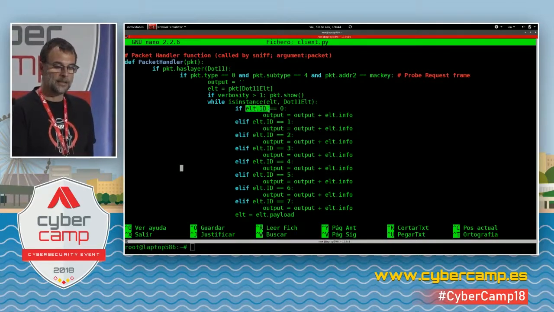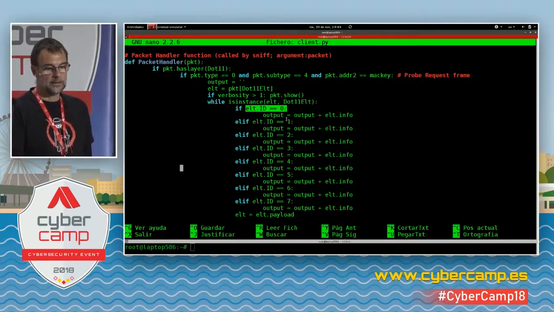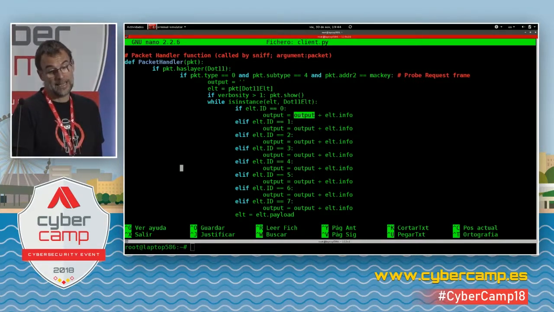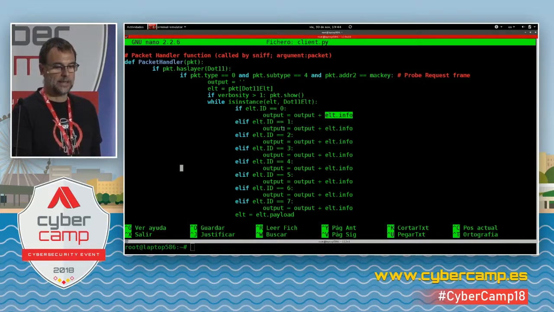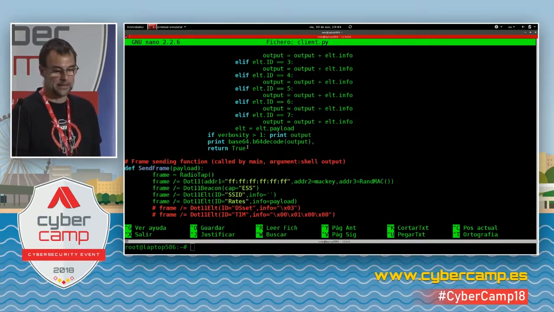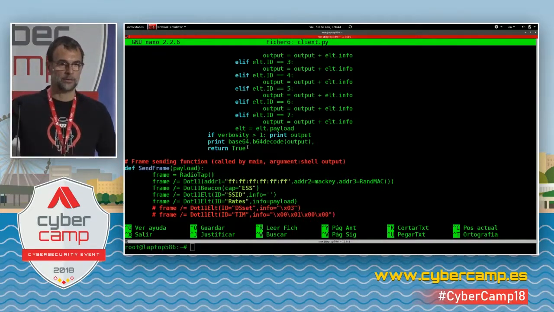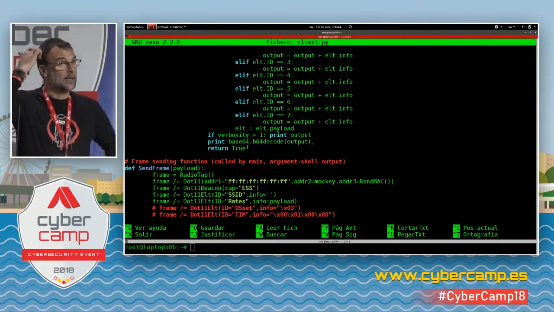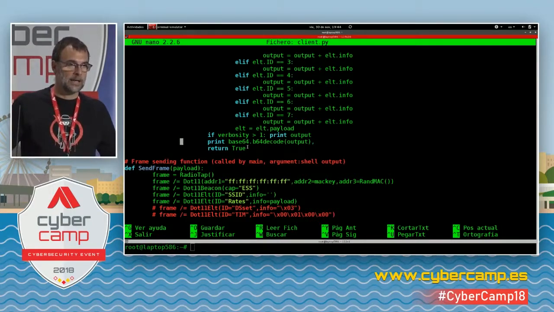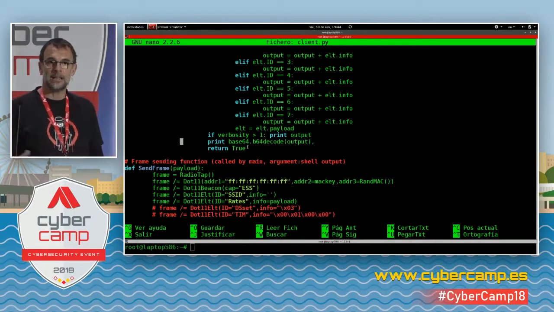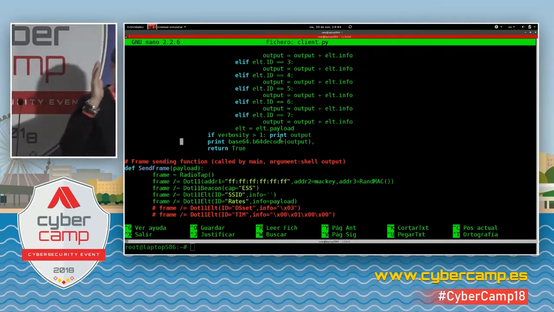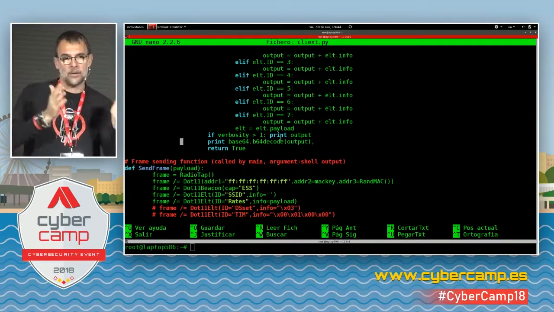And so we say, okay, if it is 0 as an information element, then the exit is what you had plus this value. If it is 1, then what you had plus this field's value. And so all the way up to 7. I'm using 5 here, right? You've seen that. But for 7, it all cracks because it's too big a packet. So I decided to go to 5. So what do I do? I chain together